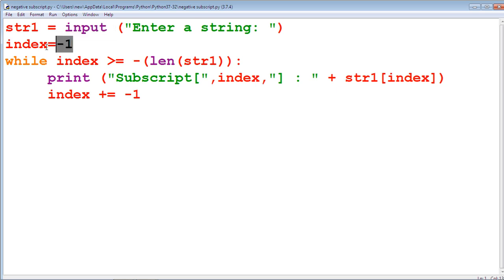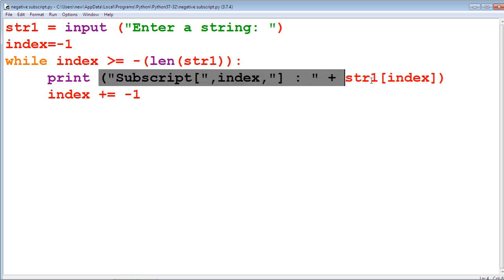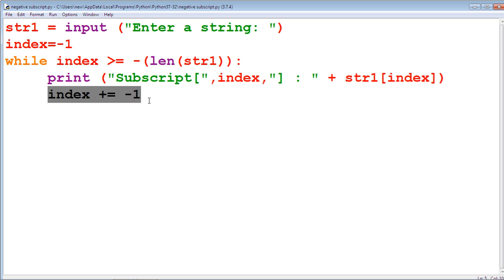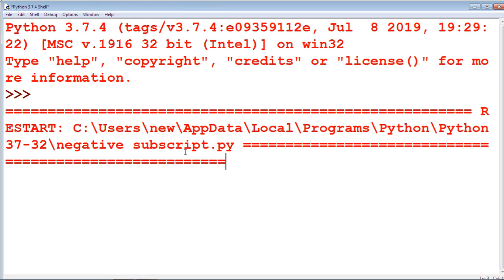The starting index value is minus 1 for the negative subscript. It is checked by using the condition. Here the len statement is used to find the length of the string. The print statement is used to print each and every character of welcome. The index value is decremented by 1. Run this program by Run Module.